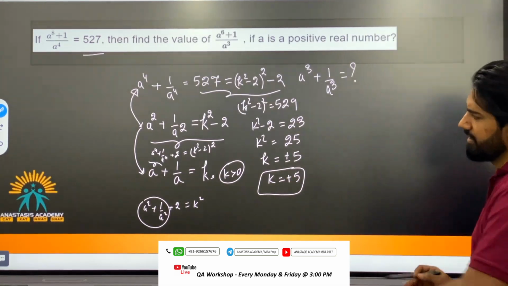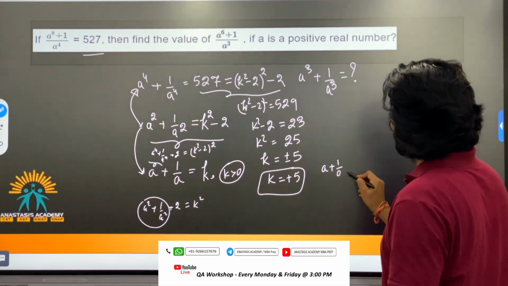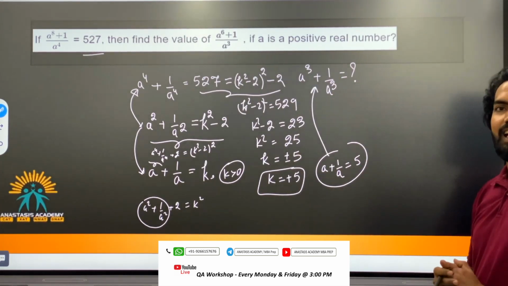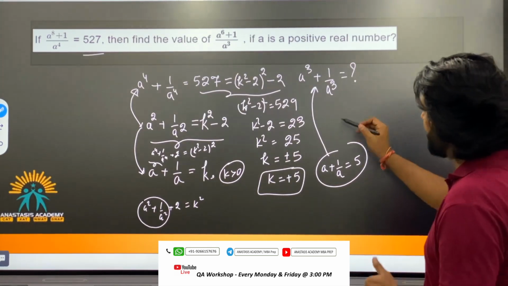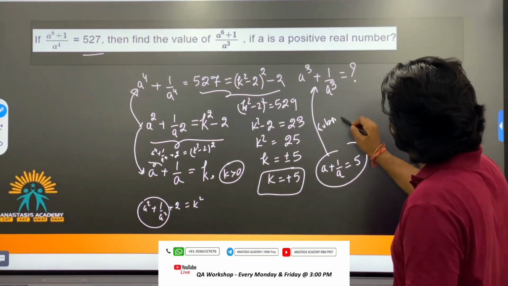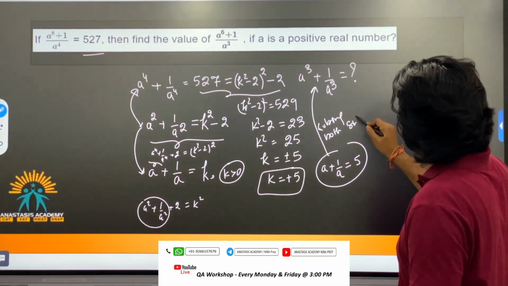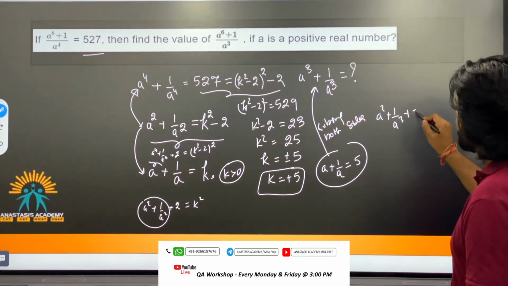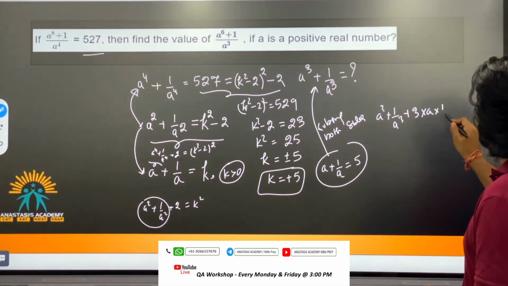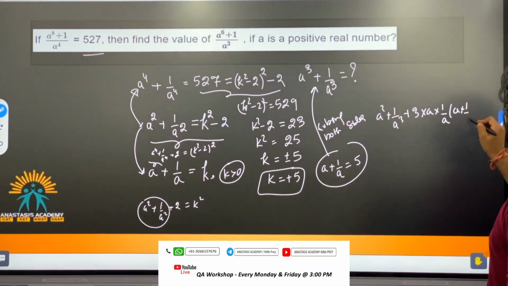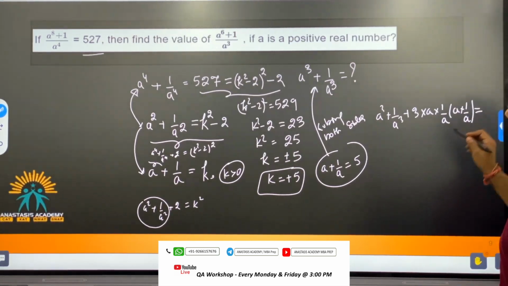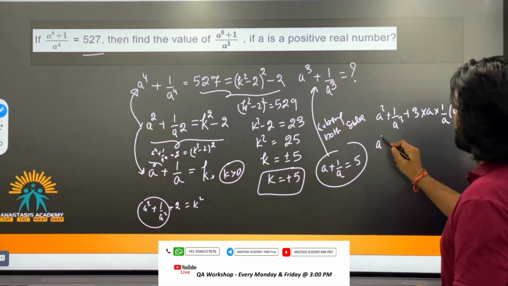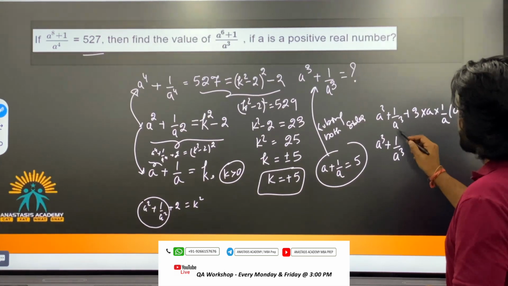If k is plus 5, that is, a plus 1 upon a is 5, I can reach this value just by cubing both the sides. If I cube both sides, I get a cube plus b cube plus 3 times ab, that is a into 1 upon a times a plus b, that is a plus 1 upon a, is equal to, on the other side, 5 cube. 5 cube is 125. So from here I get the value of this term a cube plus 1 upon a cube